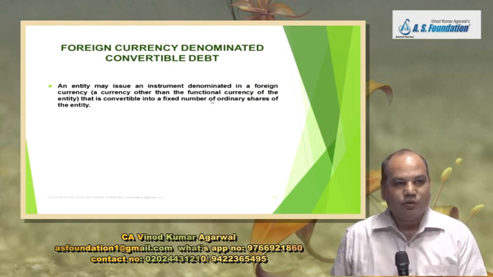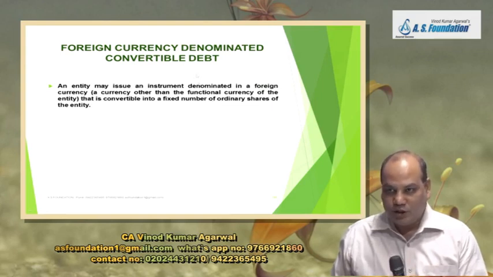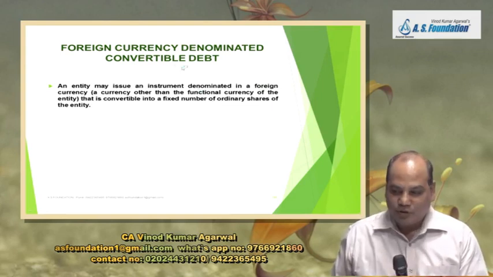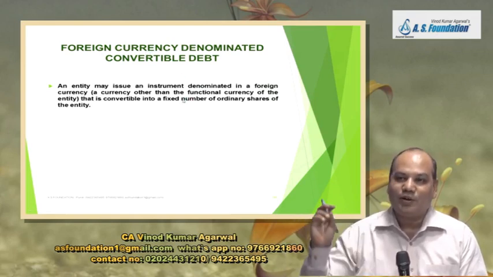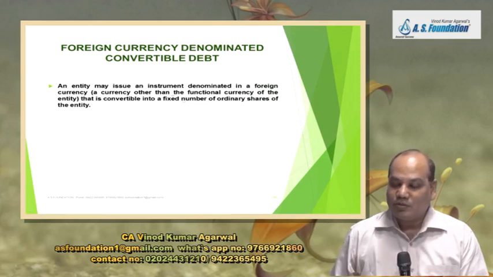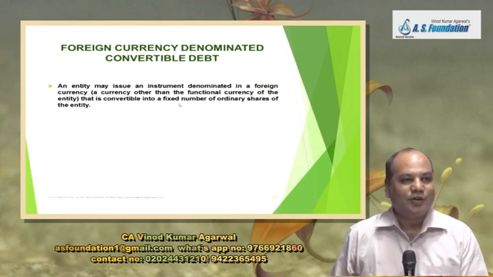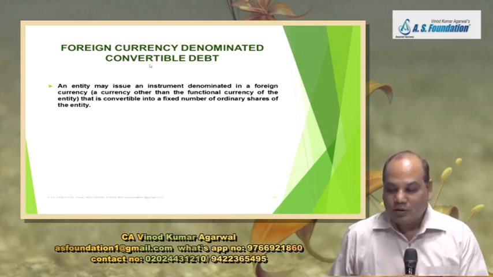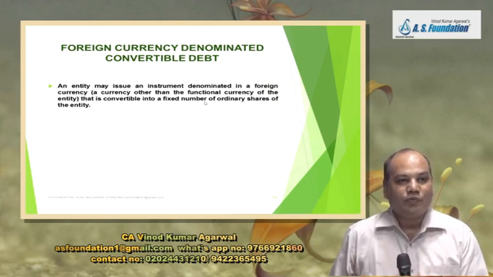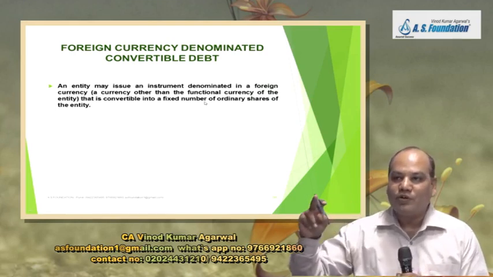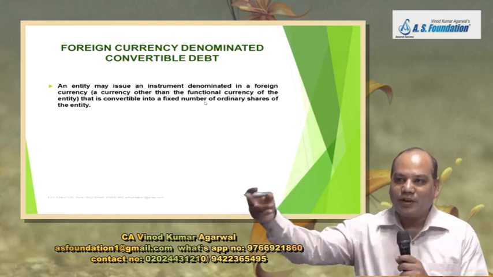So when you convert into reporting currency, or what you call home currency, the exchange rate will be applicable. So if the exchange rate changes, there will be a variable amount. So the standard says, because you are going to convert foreign currency into home currency, and because the rate of exchange changes, even the conversion portion will be treated as liability because the fixed for fixed test is not satisfied.